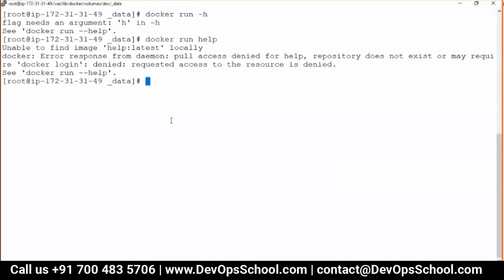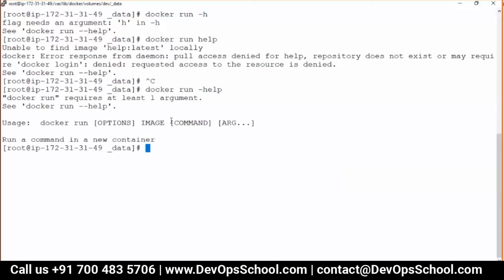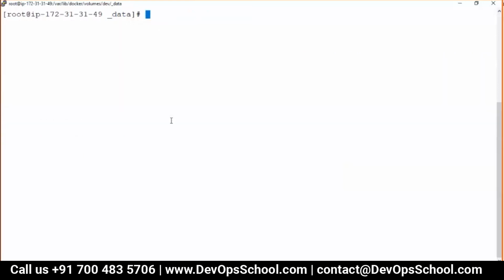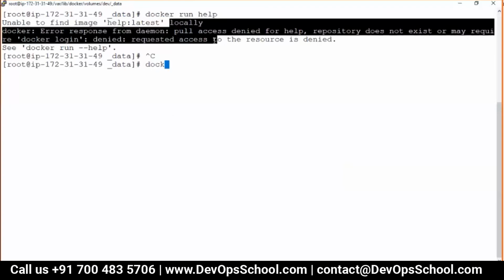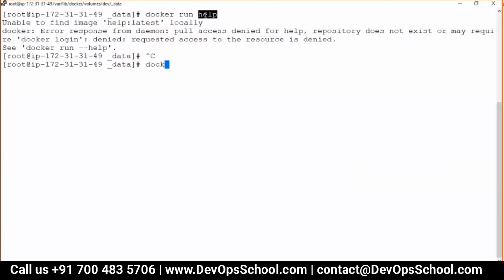It's taking -l as an image name. What is happening? Sorry, I lost it actually. Docker help run. They are running an image and trying to download it, which is not available actually. So docker help run.